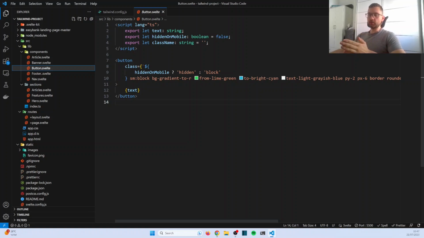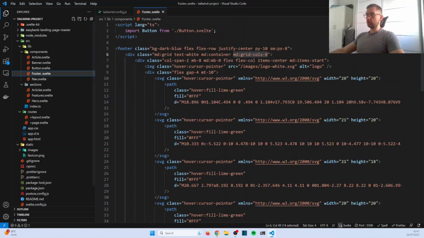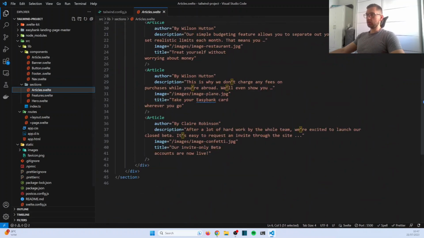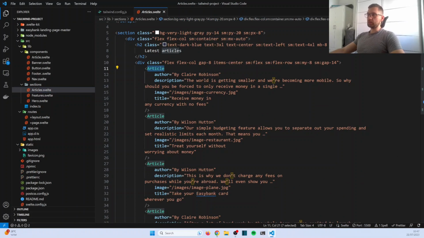So CSS in JS and Tailwind are trying to achieve the same thing, they just do it very, very differently. I still don't know which one I prefer, which one is better for big projects, because I don't have enough practice with Tailwind. But